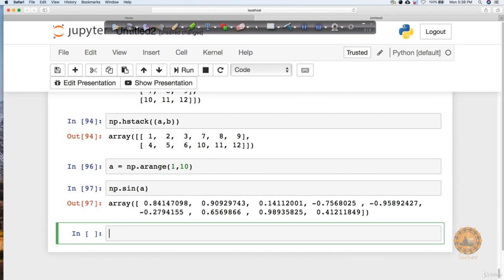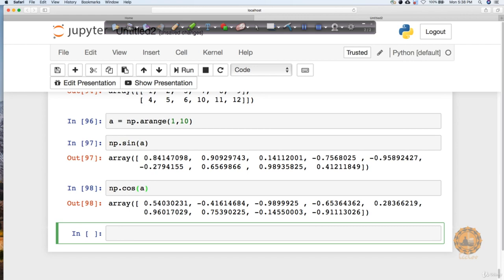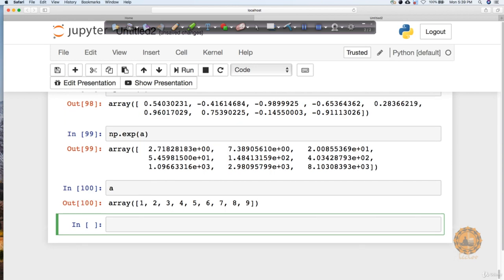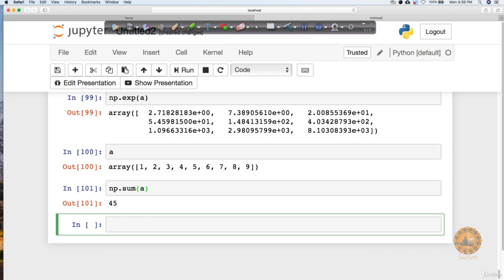Similarly, if you want to apply cos and so on, you can get cos of A, you can get even this output. Similarly, if you want to do an exponential of your data, you can say np.exp, which is for exponential, and you can get all the exponential values. Now, all the values of A, let's look at it. Again, I want to sum them up. I want to add all the values present in it. You can say np.sum. I can pass the value A to it. It will just sum up all the values.